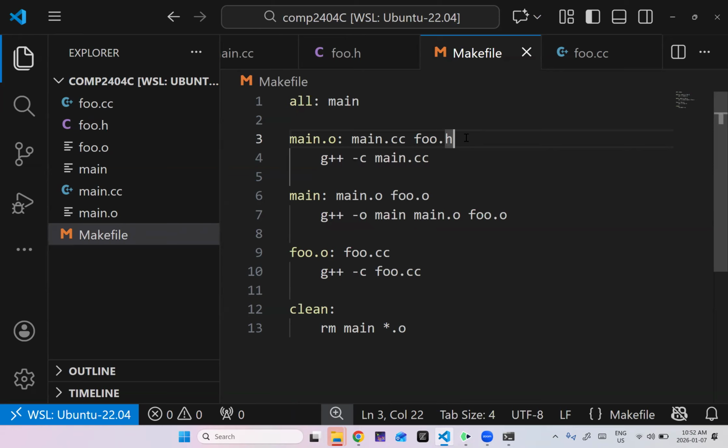Yes, that is the best way to do it. Should it go with main.cc or with foo.cc? It goes with both foo.cc and main.cc, which includes it as well. Exactly, yeah. So if I have a header file, typically also what I would do, generally speaking,